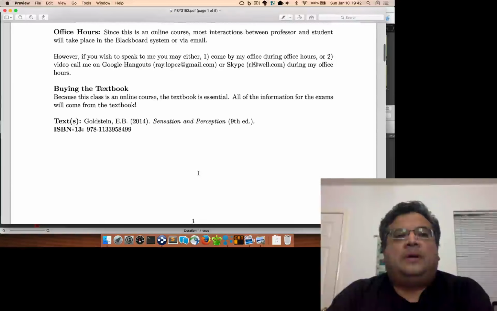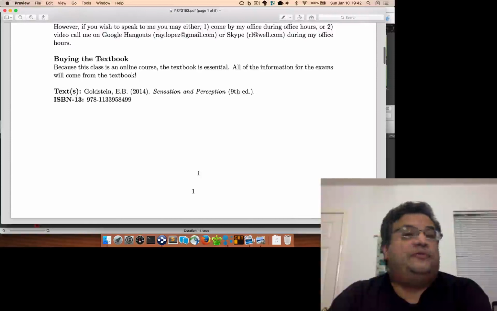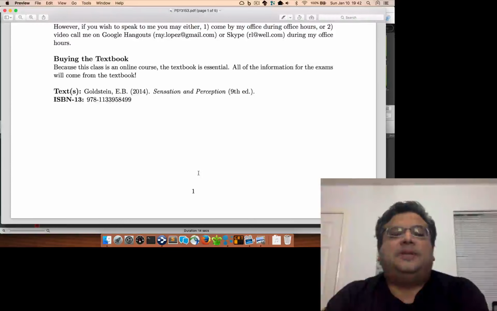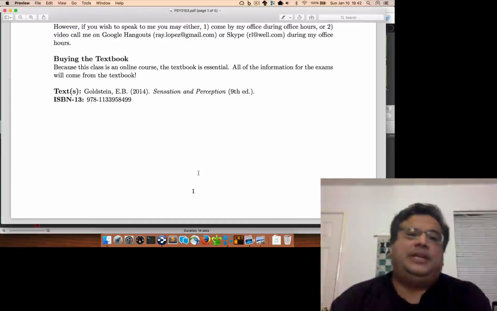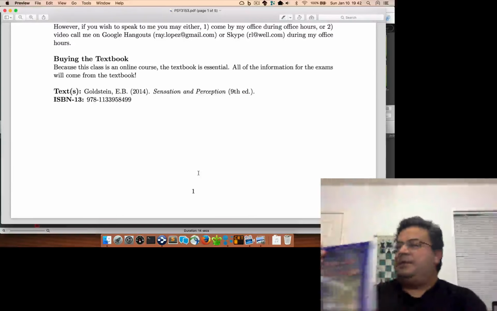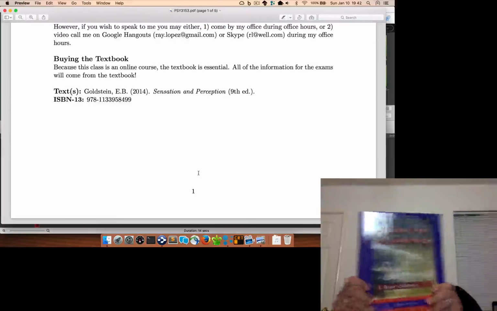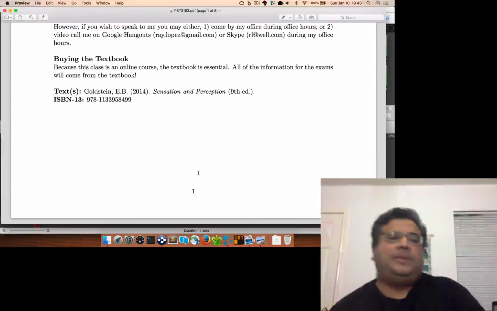Now, since this is an online course, the textbook actually becomes very essential, obviously, because all of the materials come out of that textbook. The textbook we're using is Goldstein 2014, 9th edition. There's the information there, and here's the way the book looks. So that's it right there. Please get this book.